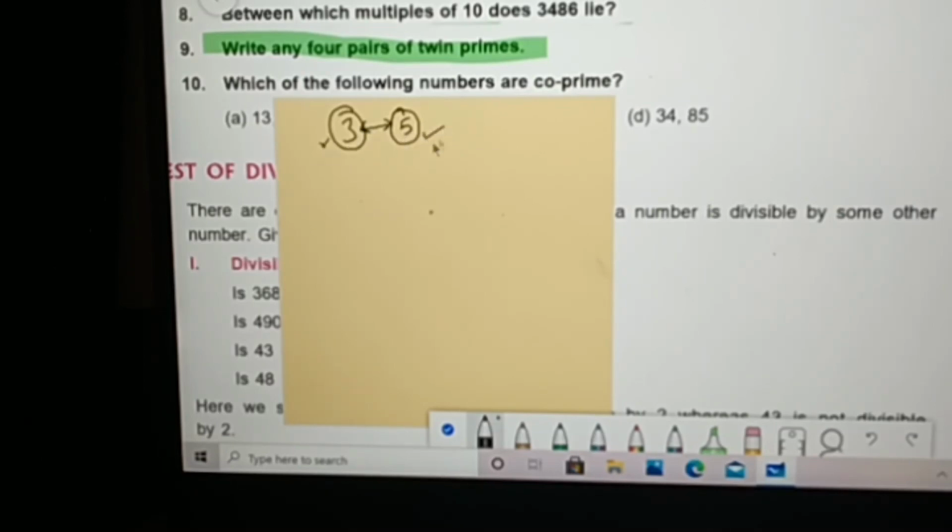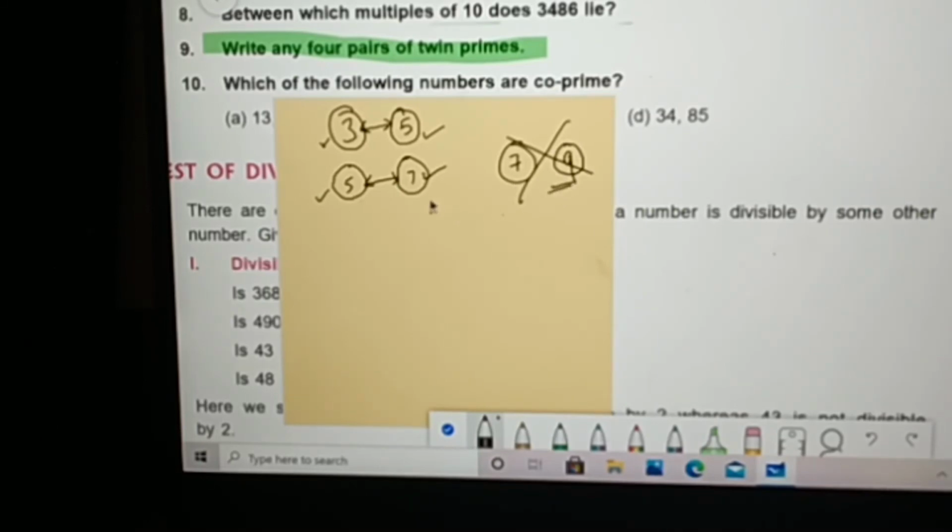are prime numbers. Then after that we have 5 and 7. 5, then leave 6 and we have the next prime 7. So 5 and 7 both are prime numbers and their difference is 2. So this is a pair of twin prime. And then when you are taking 7 and then you gap of 1, 8 and then leave 9. So 7 and 9 cannot be twin prime because 9 is not a prime number.